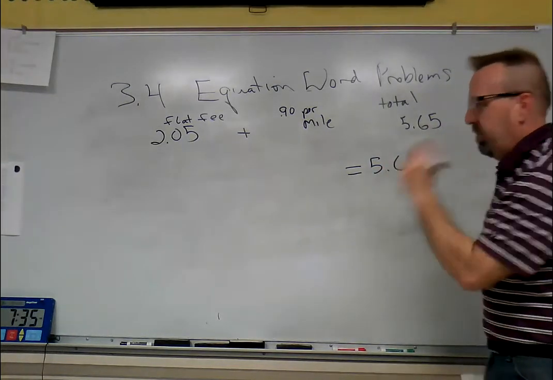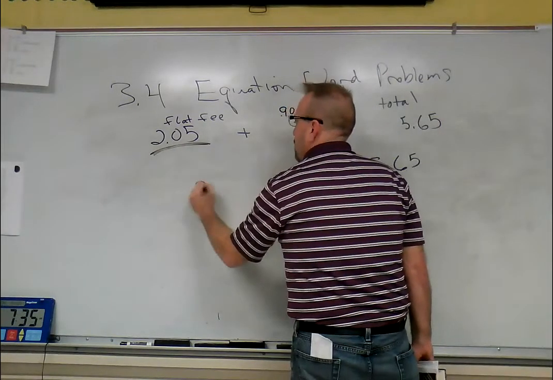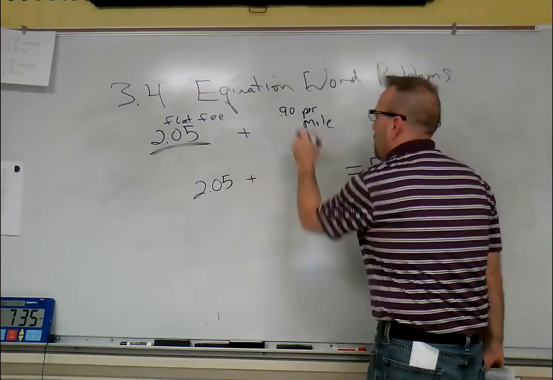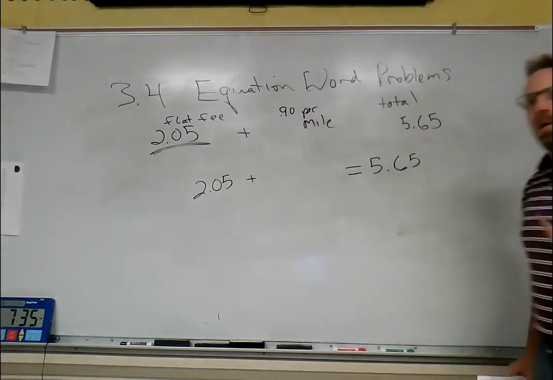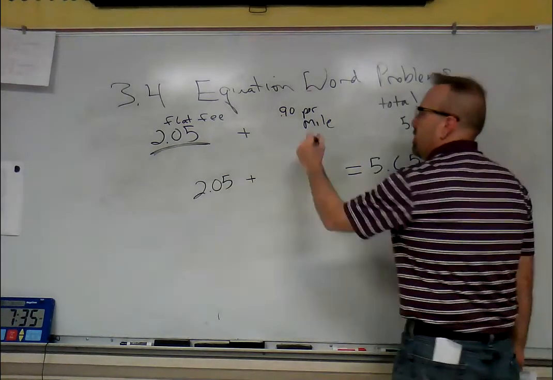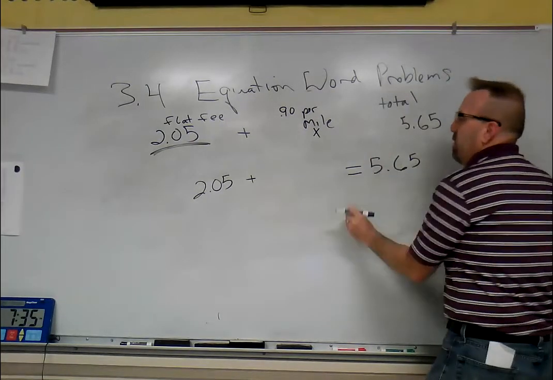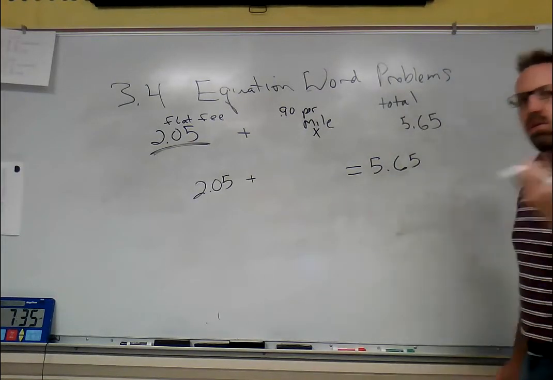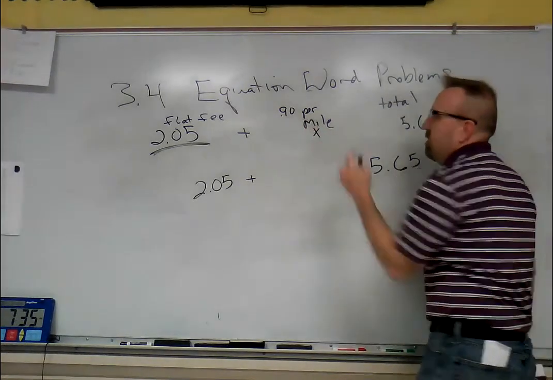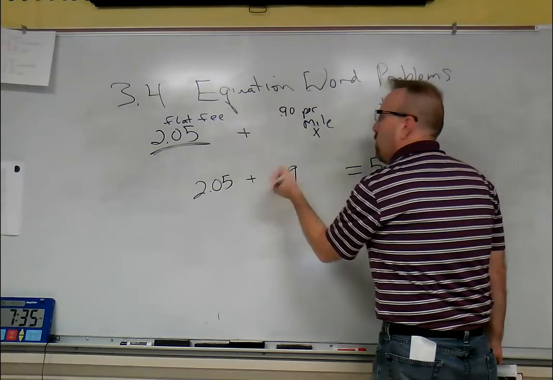So it doesn't matter how far you go, you have to pay $2.05. And to that we're going to add however much per mile. We don't know how many miles. So miles is our variable. We say it's M, we could say it's X, I just prefer X. So for each mile, 1 mile, it would be 90 cents. 2 miles, $1.80, 3 miles. So what are we doing with 90 cents and miles? Multiplying them. We have 0.90 or 0.9